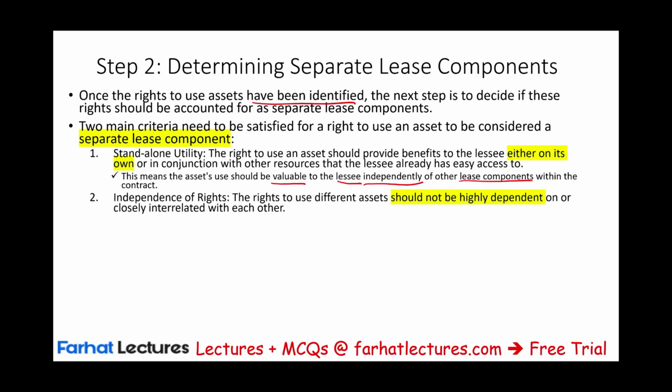The second condition is independence of rights. The right to use the different assets should not be highly dependent. So simply put, the parking lot is not highly dependent upon having the cafe. So basically, they're giving you the parking lot so I can use it for whatever reason I want to. My right to use it is whatever I want. If they say, no, you cannot rent it, you can only use it for your own customers, then that's it. I lost this right. I can never now treat the parking space as an independent asset for a lease. Same thing with the storage area. If they say you can only use it for your own supplies, I'm done.